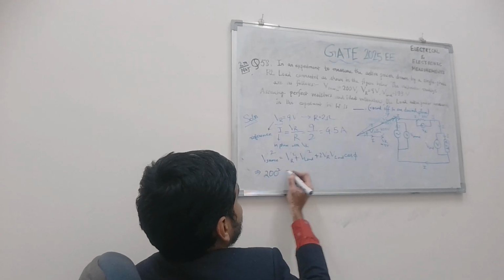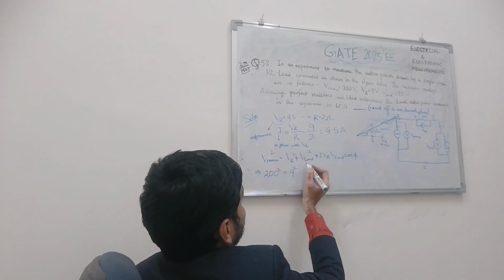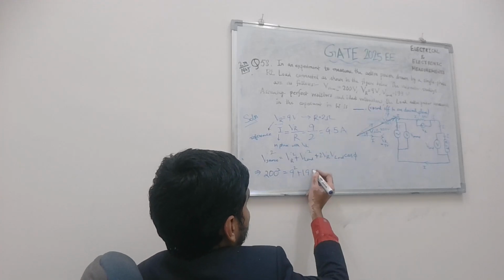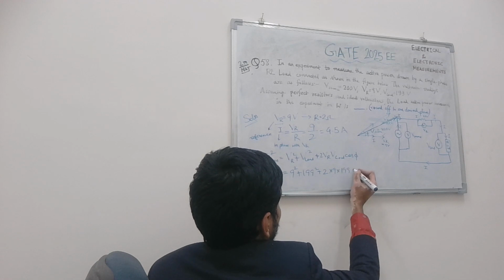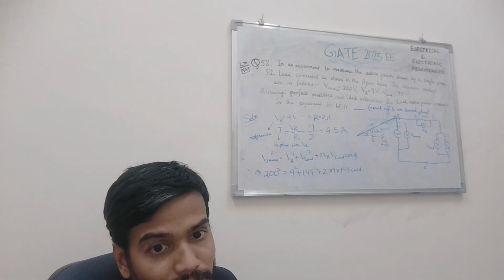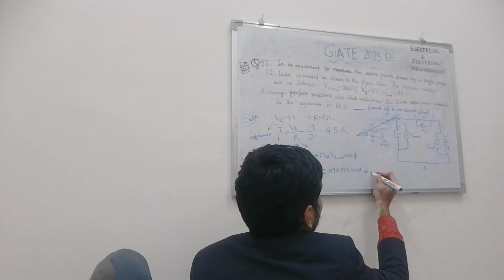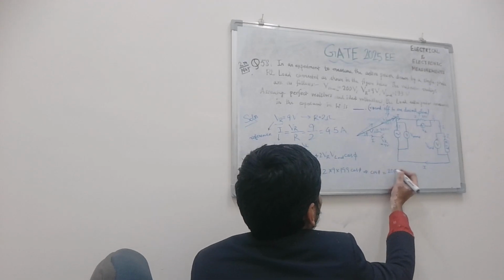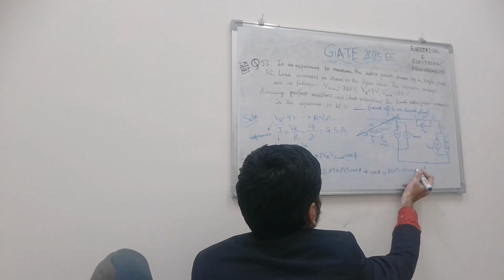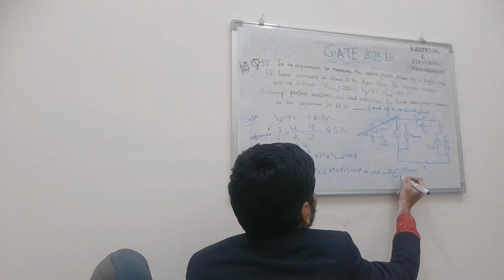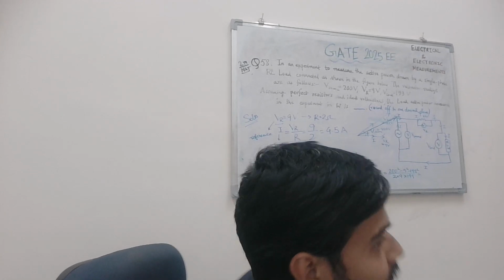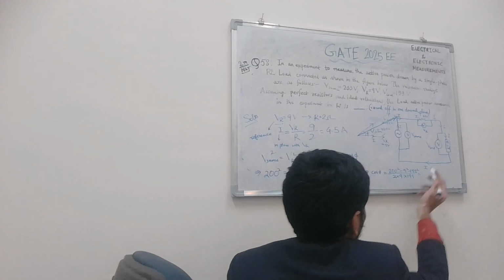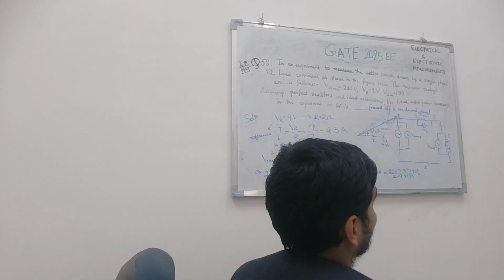V source is given here as 200, square of 200. VR is given as 9. V load is given as 199. We need to find cos phi. From here we can calculate cos phi as 200 square minus 9 square minus 199 square, upon 2 into 9 into 199. Let's calculate 200 square minus 199 square. That is a square minus b square, a plus b into a minus b. It is 200 plus 199, 399, and minus 81.